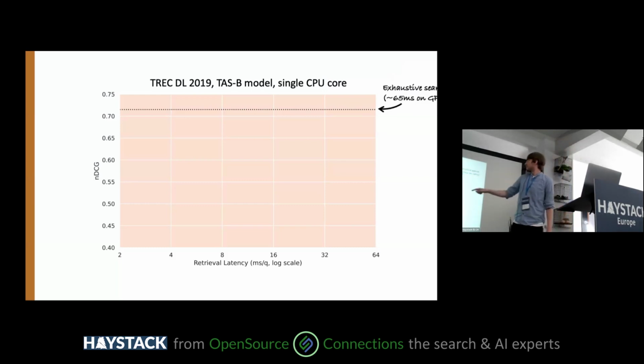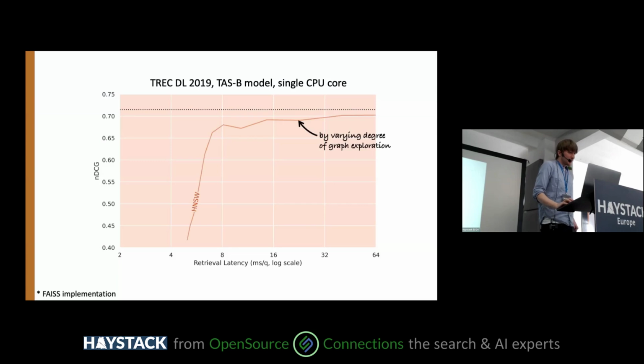As a point of reference, if we did an exhaustive search on a GPU over all these vectors, something way more expensive than a single core of a CPU, that would get us this line here in around 65 milliseconds. So that's beyond the scope of this, with way more compute. HNSW is really strong, right?